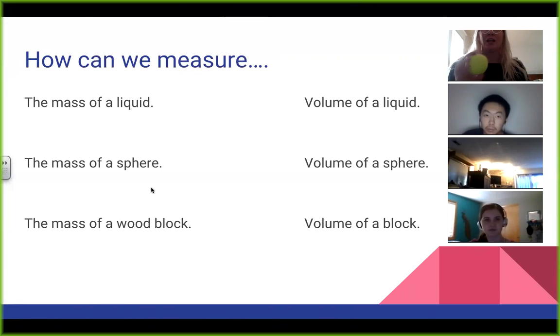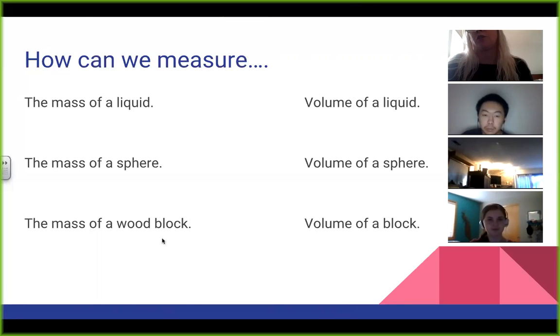This is the easiest one. Even though it might roll around a little bit, I might have to possibly use a piece of paper or paper towel or something to keep it in place. For any object that's not a liquid or a gas, a solid object, you could just weigh it or take the mass on either a triple beam balance, which we'll look at in a second, or a scale. Same with the wood block, right? If we have a wood block, we can just place it directly on the scale and read our mass from there. So those three are much easier.